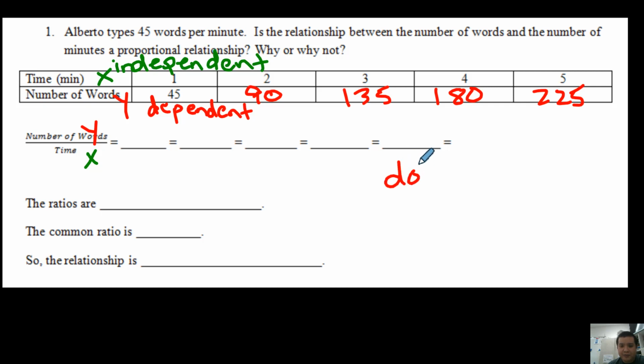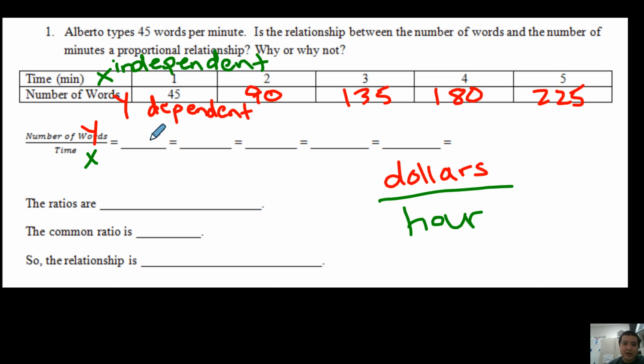Dollars per hour, because that's for how much money you make per hour. And the reason for that is because the dollars that you make depends on how many hours. The number of hours you work does not depend on how many dollars you make. Okay, you first work, then you get the dollars. You don't get the dollars and then you work. Okay, so